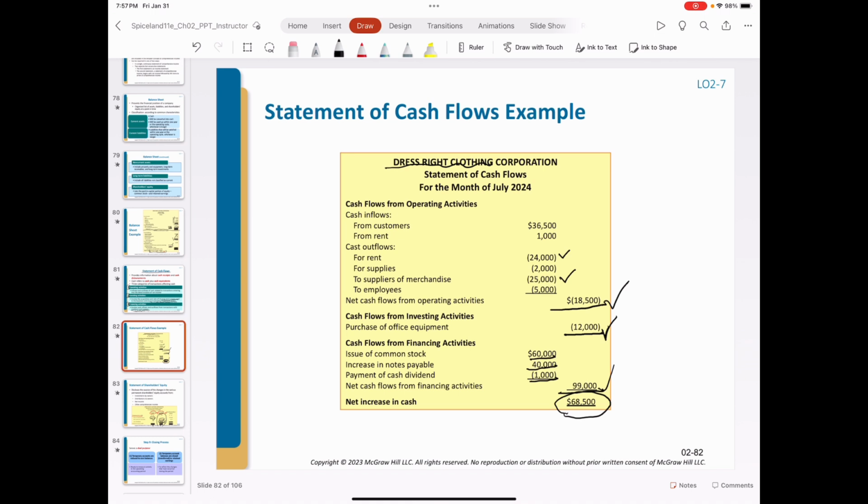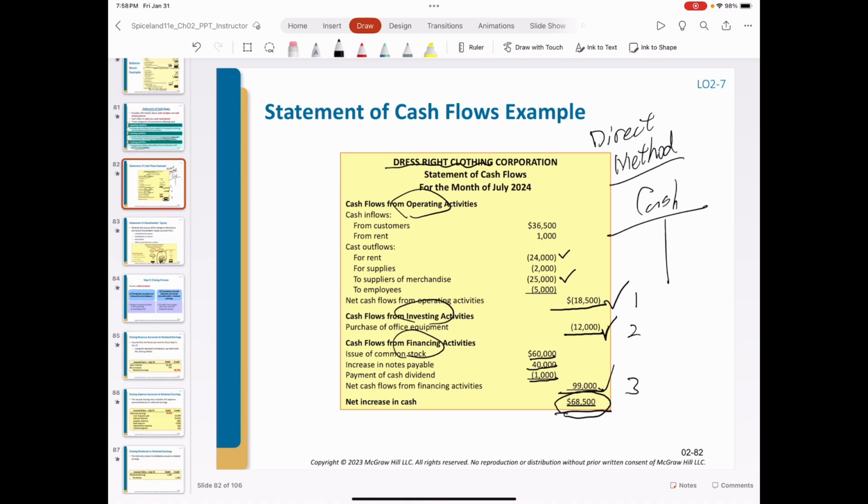Basically, we just classified the cash inflows and outflows into operating, investing, and financing. Finally, the change of cash is the sum of these three. That's the statement of cash flow. And this statement of cash flow is prepared by using the direct method. We just borrow the information directly from the cash T accounts. This financial statement provides the cash flows from three different activities. In the future, when you analyze financial statements, this provides useful information